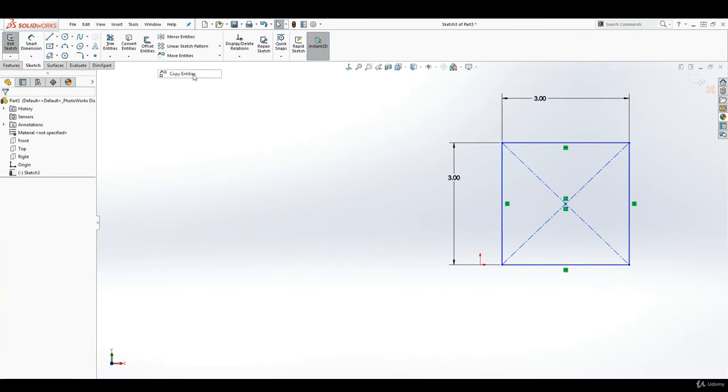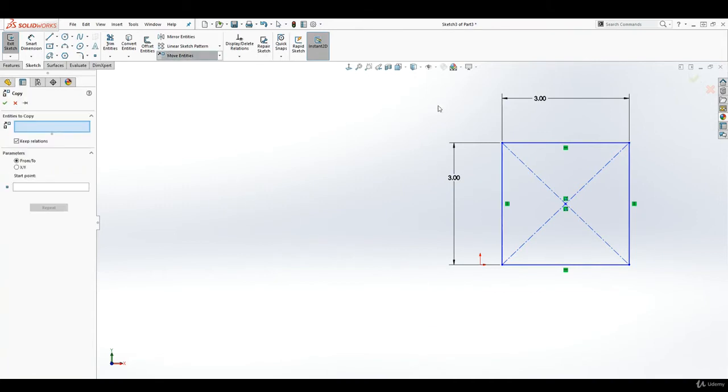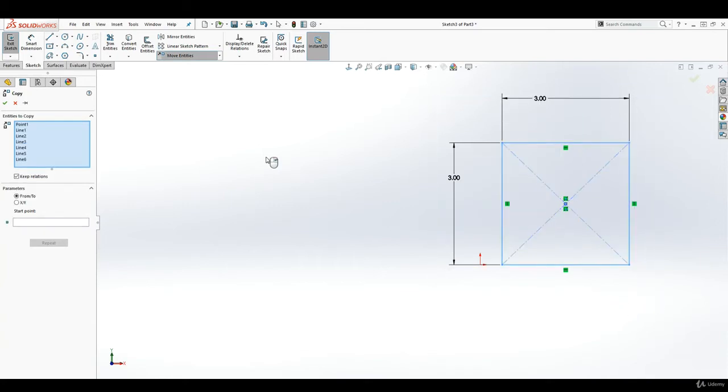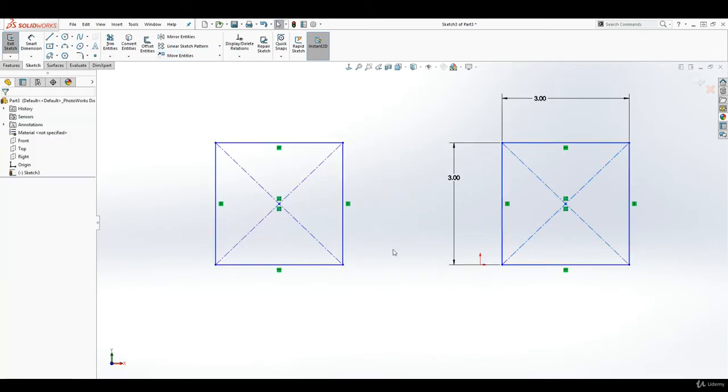So the next one is the copy tool, and again we want to select everything, and for the start point we want to copy it about any point. Let's pick this point, and let's go back on this start point. We want to pick that point and move it over, and that's how you copy. So let's delete this one,